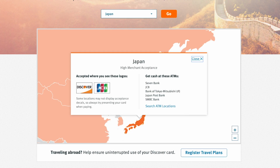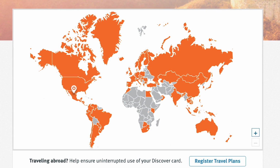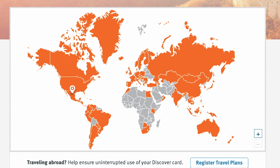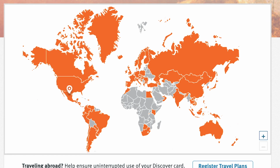In Japan, you look for JCB, which is their card network. It's very big in Japan, so you should be able to use it a lot there. But in most of Africa, in the Middle East, and in Eastern Europe, it's not accepted at all. And even, like we said, in those orange countries where it is accepted, it's only moderate acceptance, so it